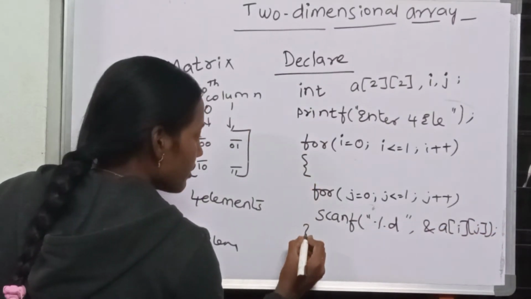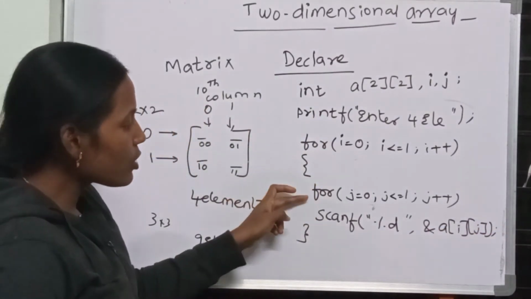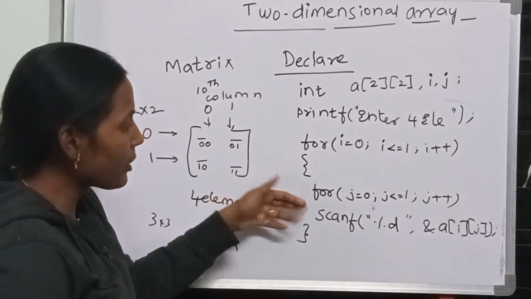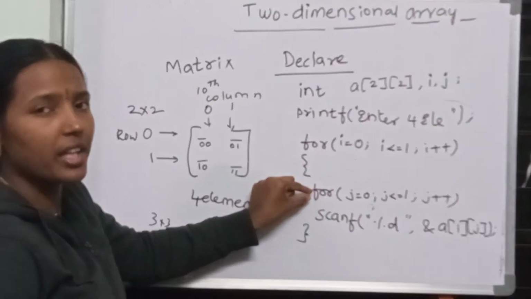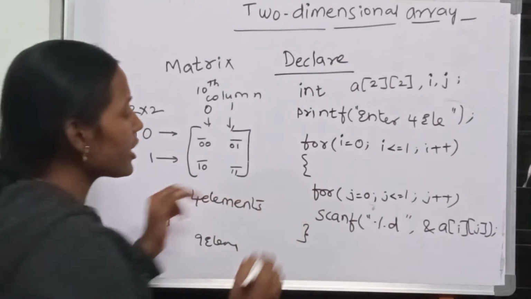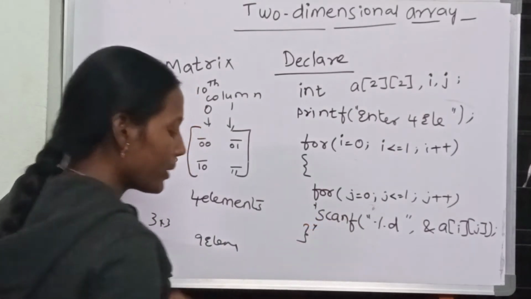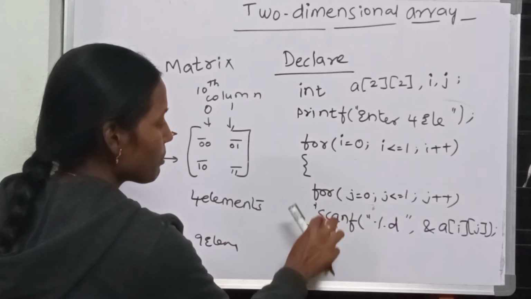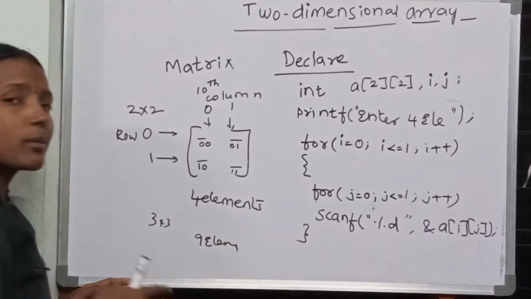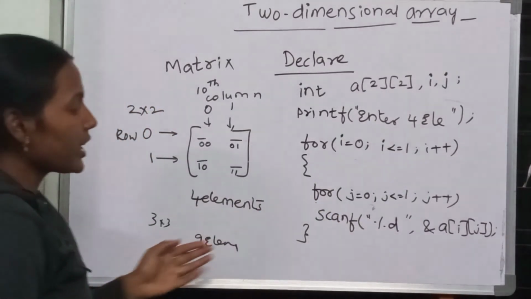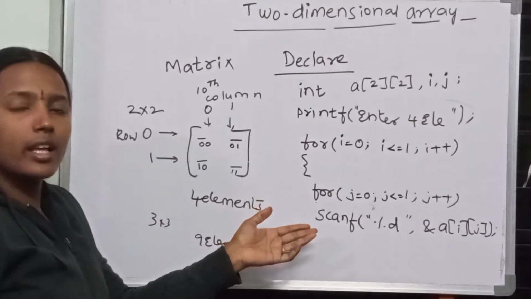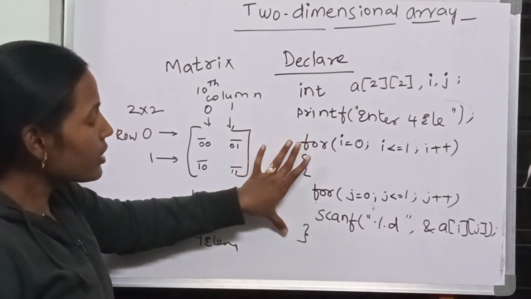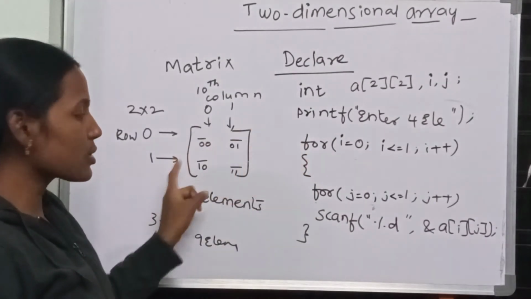Now I am closing this for loop. We can also open and close the brackets for the inner for loop, but I am not writing them. Why? Because only one statement has to be executed under the for loops. If you have only one statement, there is no need to specify opening and closing brackets. Why? Because when you write matrix addition, subtraction or multiplication programs, they become very lengthy, so you may forget a closing bracket and then you will get an error in the program. Okay, so I am not writing them. Clear? Now I am going to explain how these values are stored by using this code.